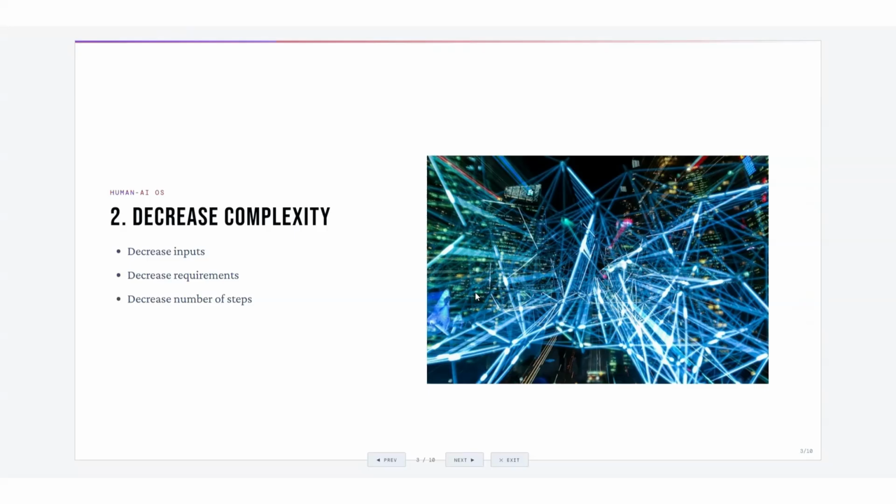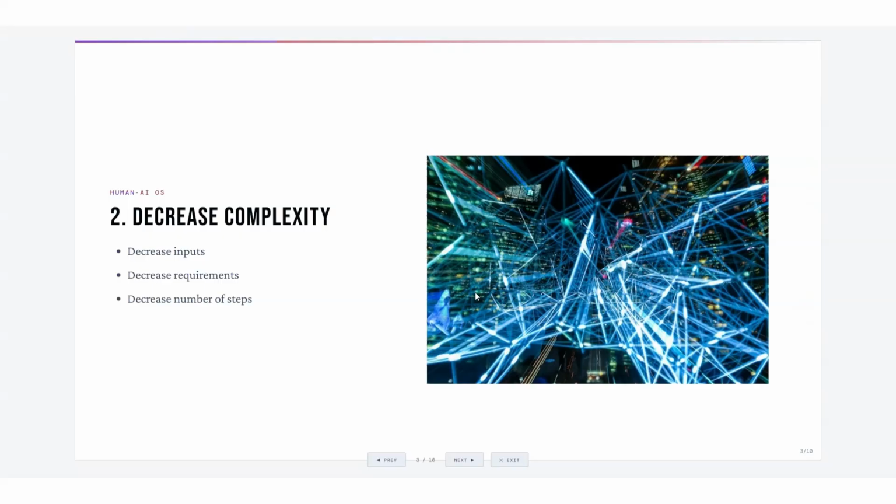You also want to decrease the requirements, which automatically would decrease your inputs, but also there may be downstream APIs, there may be downstream algorithms, or downstream connected applications that have to fire off for you to get your end product.